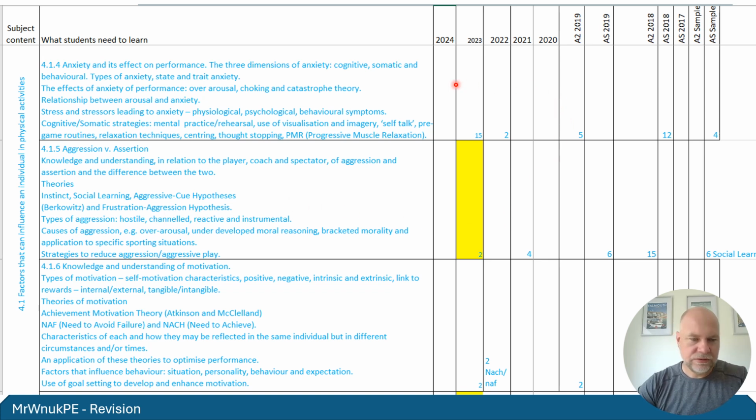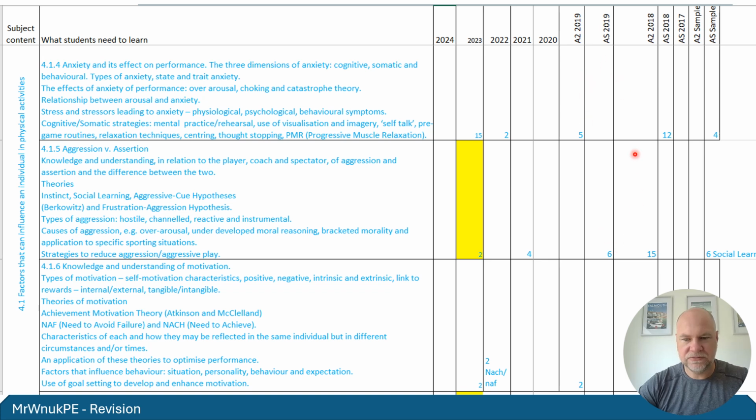Moving on to the areas of anxiety, again, like I said, it came up last year, and so did aggression. So probably these areas won't be as detailed. Perhaps they might chuck you a 15 marker on aggression, because there is a lot of information you could have on aggression, but generally they do give a bit of interspersion. But you can see, obviously,